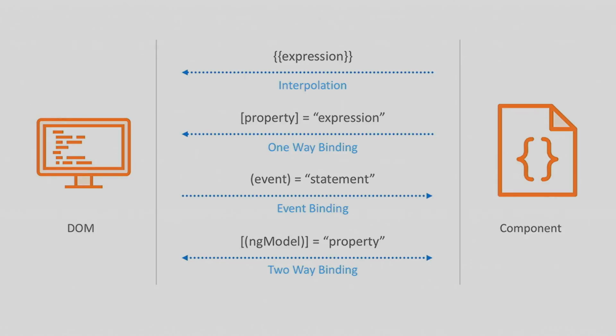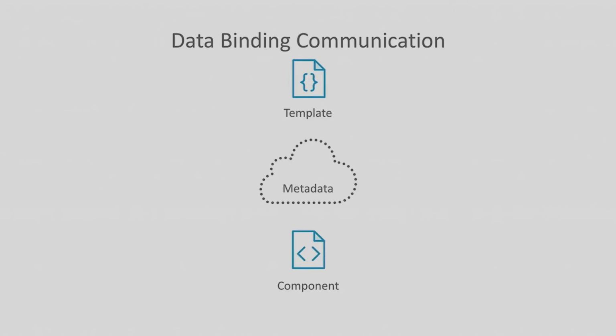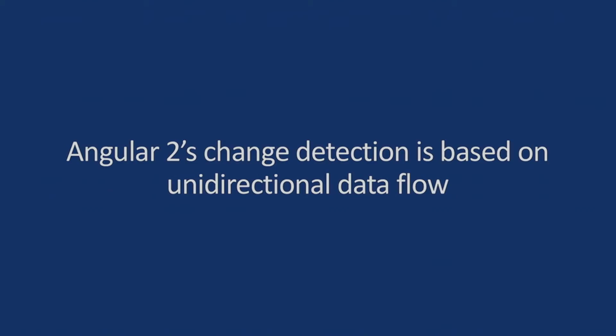We could have written both those lines of code ourselves, to say, OK, we'll send it up, then we'll send it back down. Well, if you actually wrote that code out, it gets kind of long after a while to keep writing this. So they wrote a little directive called ngModel. And they said, let's make them use both characters, because it's just fun, because we can. And they call this the football in a box, because that's what it looks like. And that's how you do two-way data binding. So our template, again, has a component with metadata between it. And now we use our property binding on the way up, and we use our event binding on the way down.